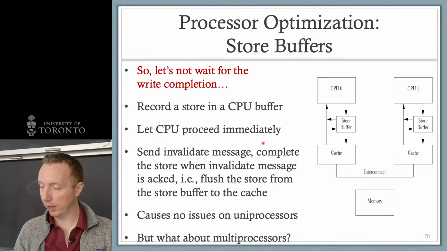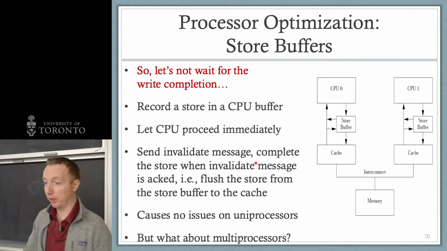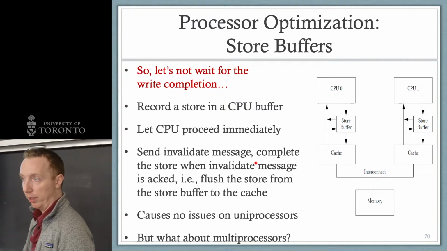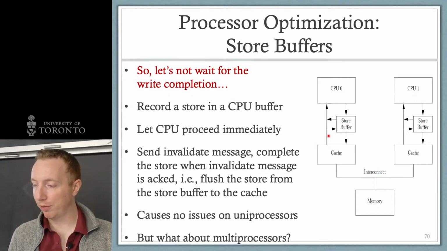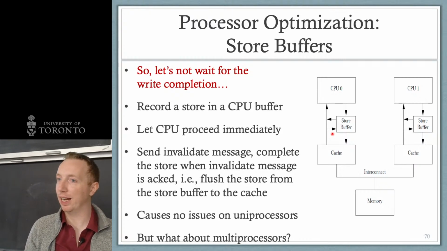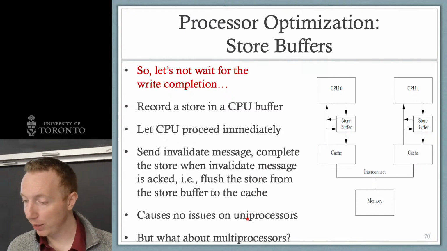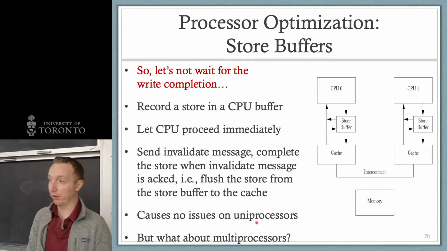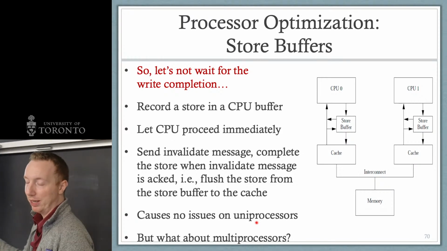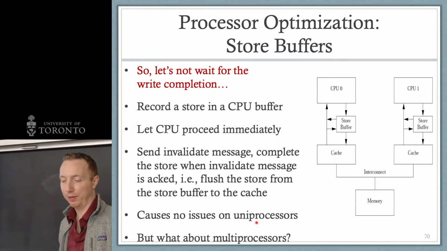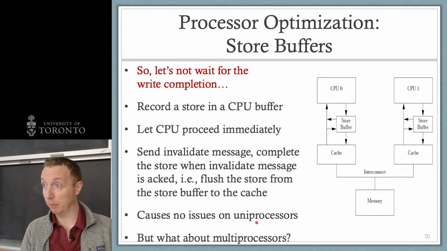the background. So send that invalidate after, complete the store when the invalidate message is actually acknowledged, and then you can go ahead, flush the store, write it, and write that value to the cache. So now the store buffer is like a cache for our cache. We love caches. So here, if we have a single CPU core, this causes no issues because, well, only one core can make progress at any given time. But on multiple processors, or if we have multiple cores like we do have now, we have some issues with